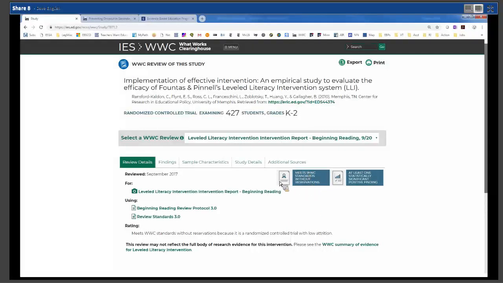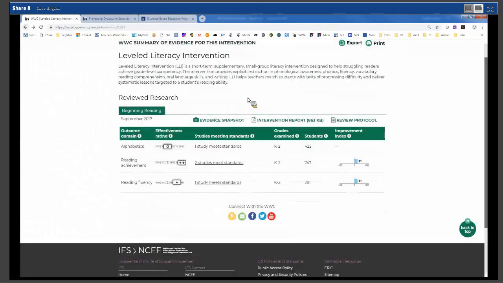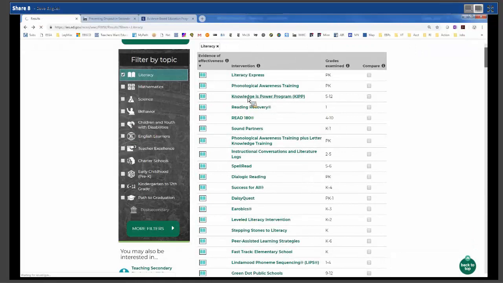And looking at this landing page here, we're going to see the important clue to meeting criteria 1 and 2, which is this badge here. If you see a badge that says meets WWC standards without reservations, that means that the design standards for criteria 1 and 2 are met without any concerns, and that the study can be considered for tier 1. All right, so the key phrase here is meets WWC standards without reservations, and that's embedded in the slides that you're going to receive. So let me go back and just show you an